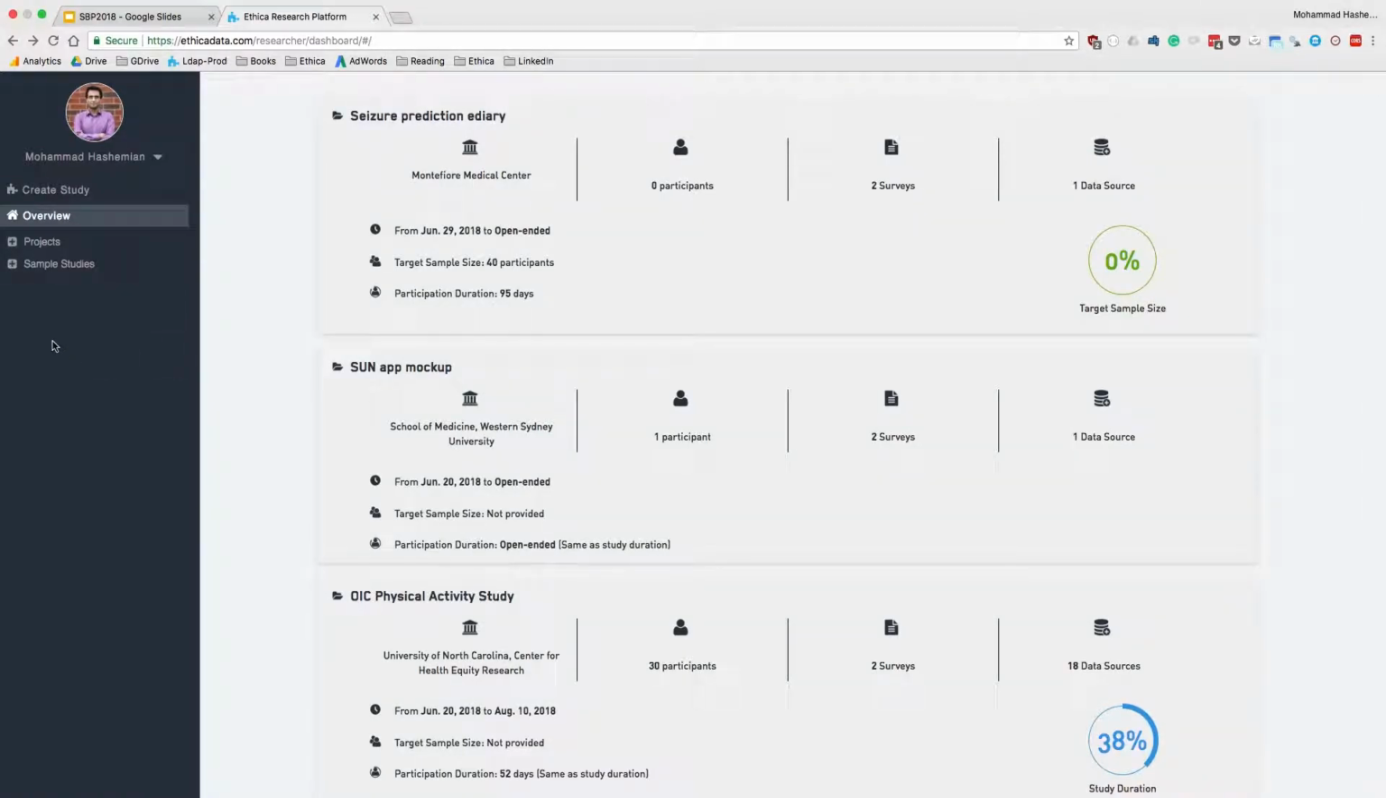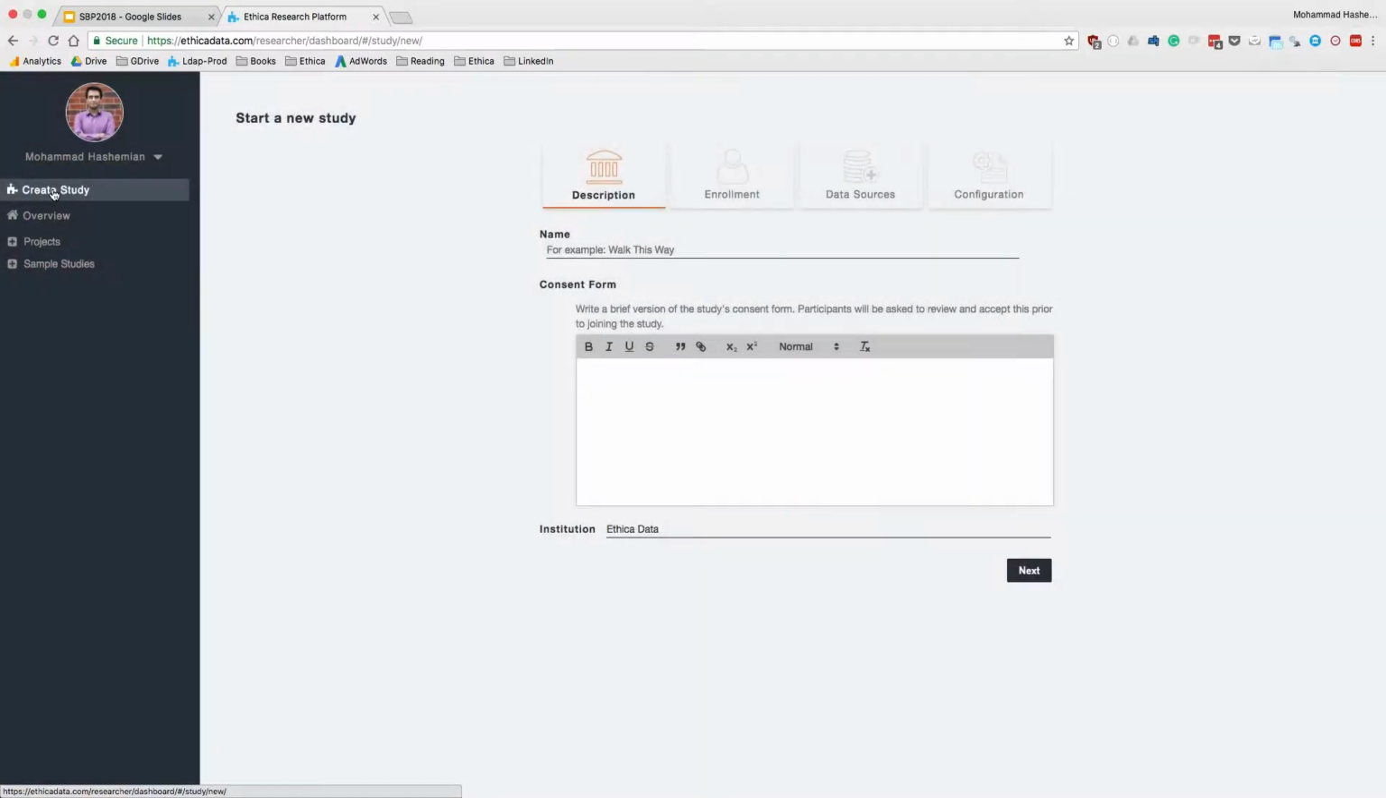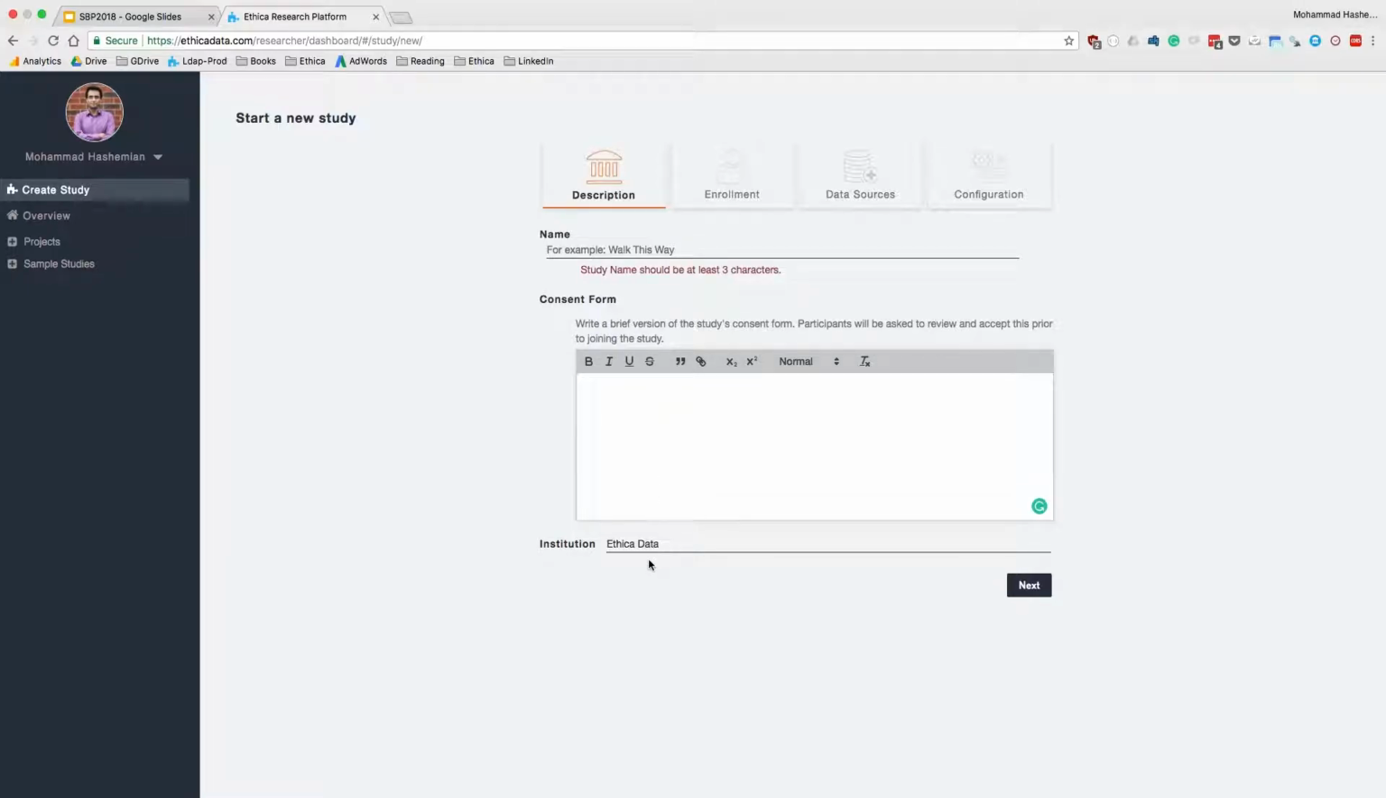You can start creating a new study by just clicking on the Create Study button on the top left corner. If I click here, the first step asks me to enter a name, a consent form description, and also the institution. So this data later on will be shown to